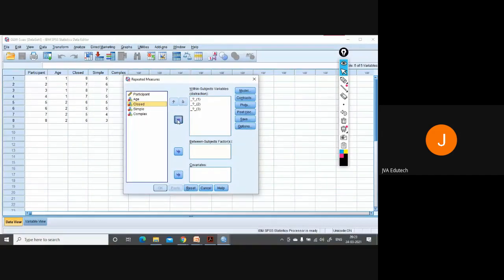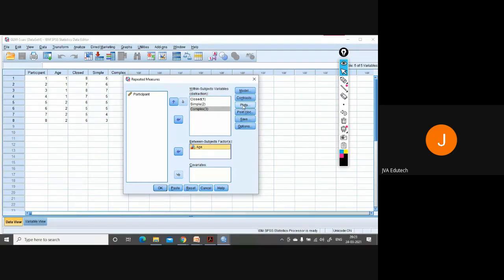So closed is level 1, simple is level 2, and complex is level 3. And then in between-subject factors you will put this age, because we have 2 categories right now. In the previous case we had only one type of population. Here we have 2 types of populations divided into 2 different ages: younger adults and older people.